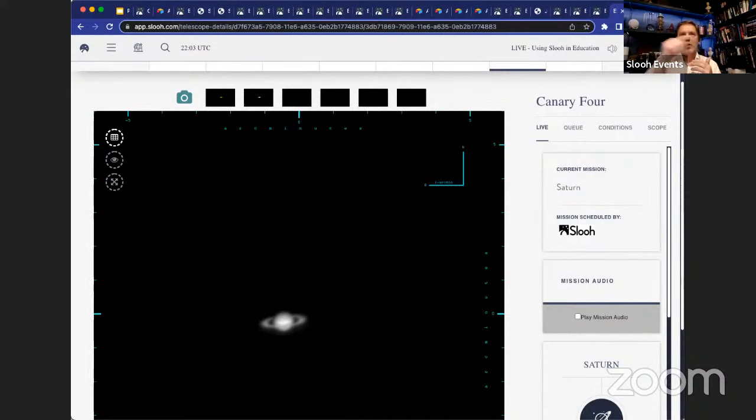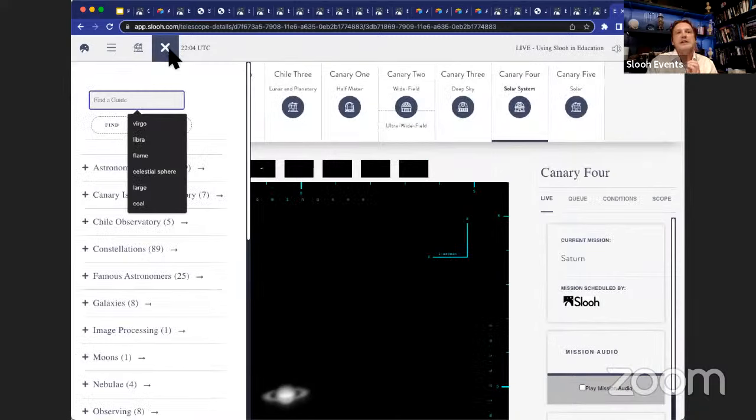It's also showing a little orientation thing there. All of Slooh's telescopes are orientated in exactly the same way. So Philip, you'll always know that all Slooh images are north up and east is to the left. So that's the same for all of them. Now, Roy suggested that if some of your students are old enough, then it's a great exercise to go through to actually calculate the image scale. So this is the arc minutes per pixel, arc seconds per pixel. And you can actually find all of that information in the telescope guides. John, could you hop over and just show us the telescope guide for Chile 2, please?